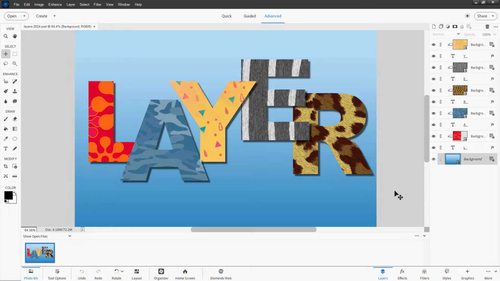Now, I'm currently in Elements 2024, but if you're using an earlier version, it works exactly the same way. No difference at all, just the interface looks a bit different, but aside from that, everything's exactly the same. Now, I'll be covering a lot of stuff here. It's kind of a general discussion of layers, but this will give you all the basics on how to use